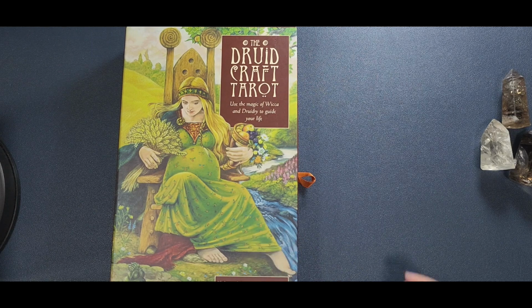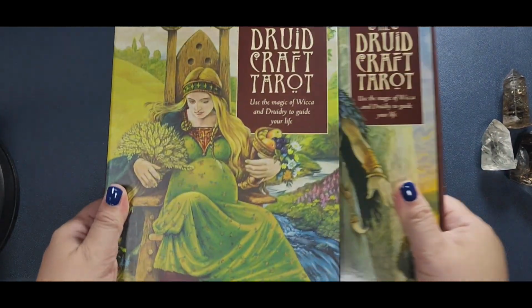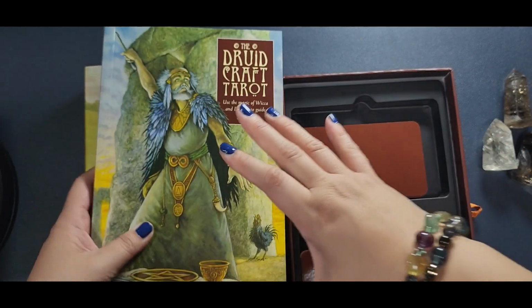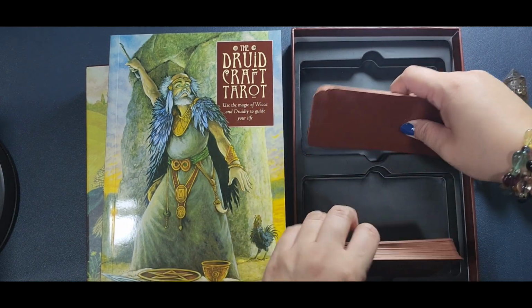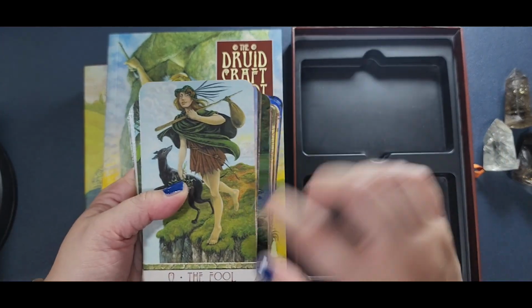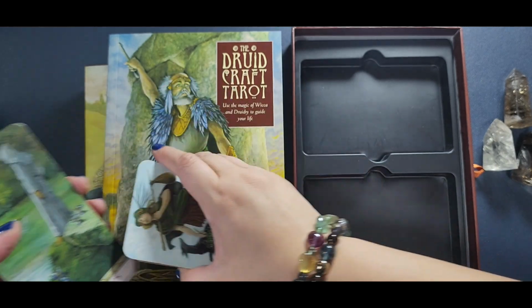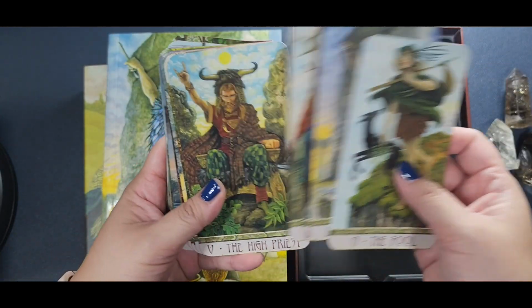Okay, next is the Druid Craft Tarot. Now this I believe is a foundational deck or a classic deck. I love that it has a really big guidebook, but I wish it was a little shorter, and I wish that the packaging didn't have this two pile kind of situation. Now I did modify my deck. I have trimmed off the borders because there were bigger green borders on this deck originally, and I did edge it in this bronze color. And so definitely very nature-based and pagan,